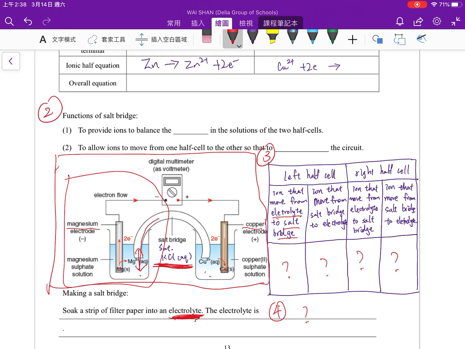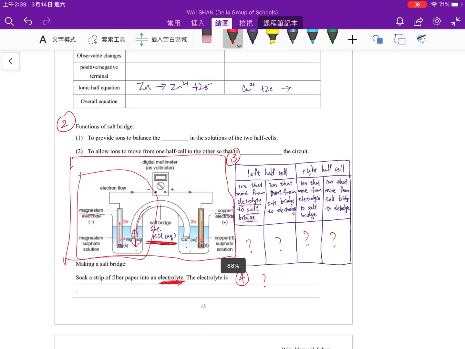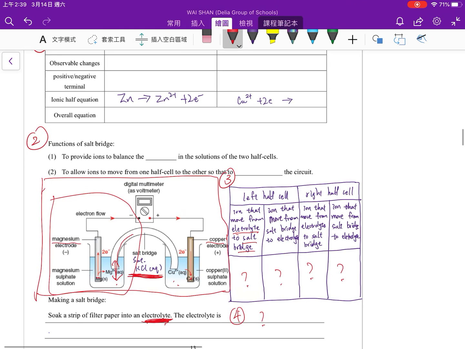So your task is to watch the following 2 videos from YouTube and complete these 2 pages. Page 12 to